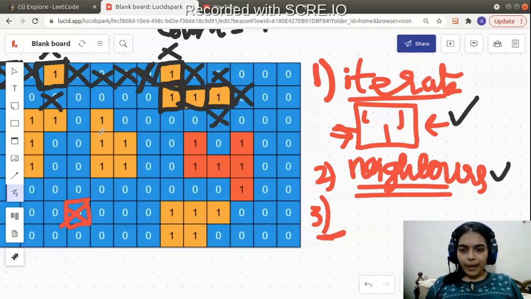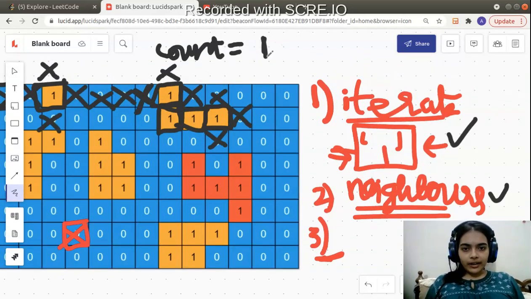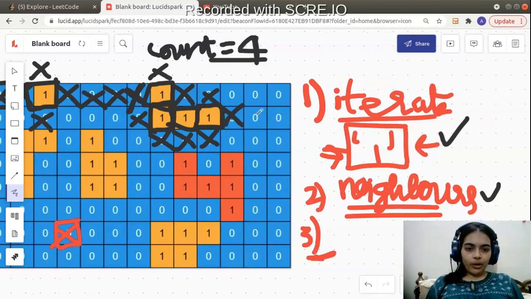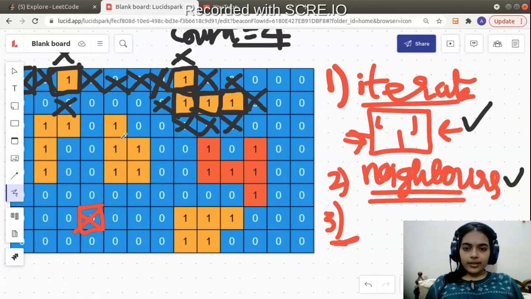So now we will start backtracking. We will return back to the function call of this guy, then this guy, then this guy finally, and you will see that the count is 4 for this particular case. All the function calls will return back. All these neighbors are just useless. So finally the function call will return back and you will have a count of 4. Okay, now let's keep proceeding.